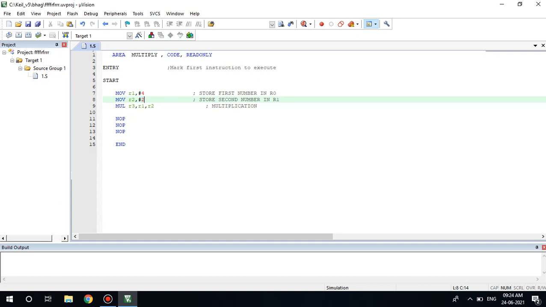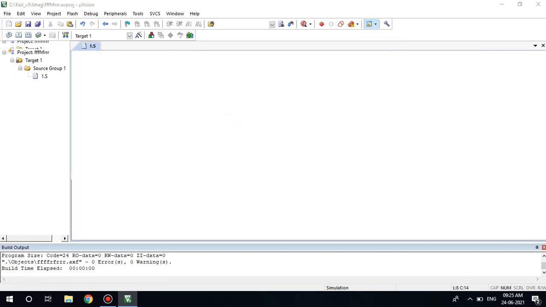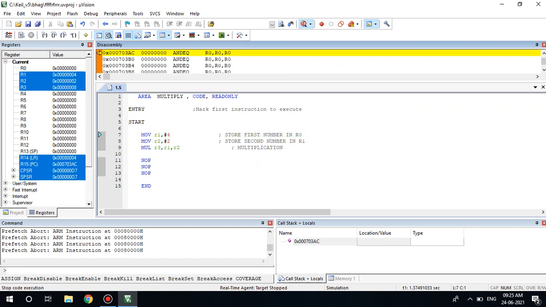Save. Now I will compile it. 0 errors, 0 warnings. Build F7, 0 errors, 0 warnings. Then Debug, start debugging. Okay, now run. You see here, 4 into 2 is 8.